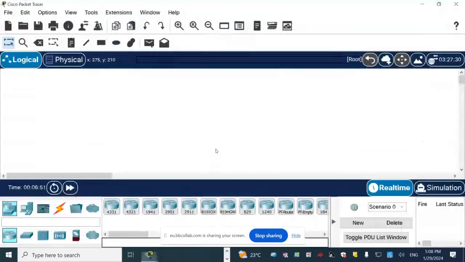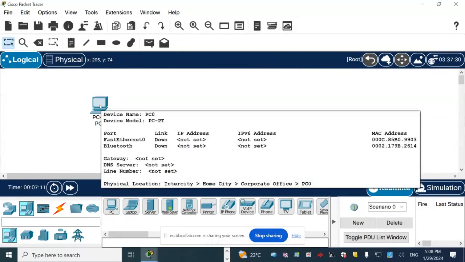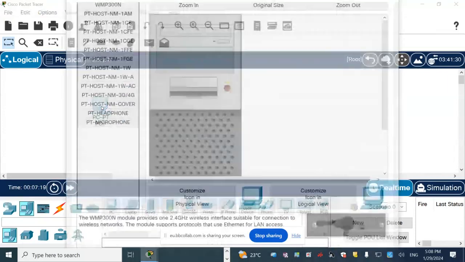So we'll go to Packet Tracer. Let's insert a computer. Look here how I add a computer. You select the end devices category, choose a computer, and place it here. Okay, this is a computer. Now, if I want to find out the IP address or the MAC address of this computer, the command is